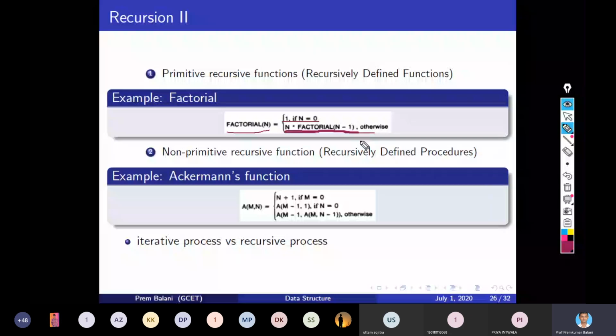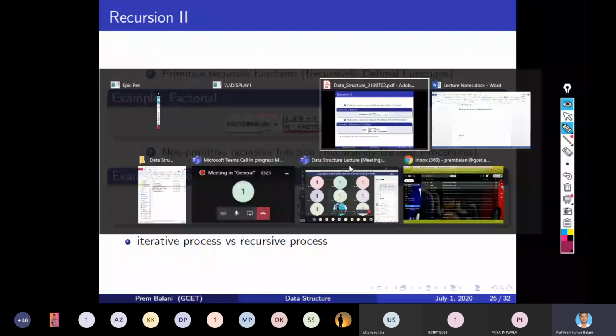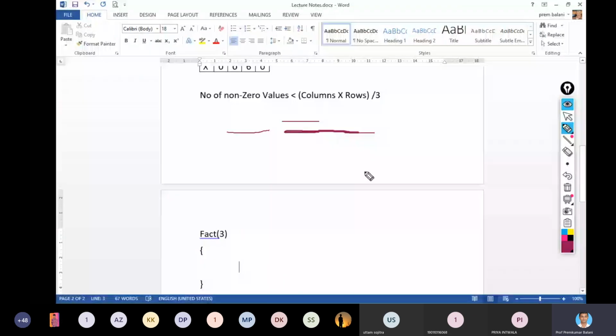So I have to write here 3 into factorial of n minus 1, that means 3 minus 1 equals 2, so let me write 2.